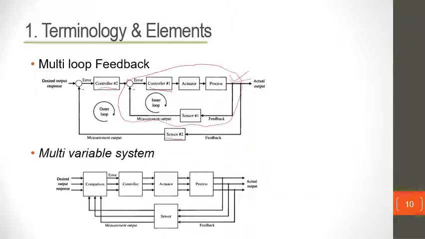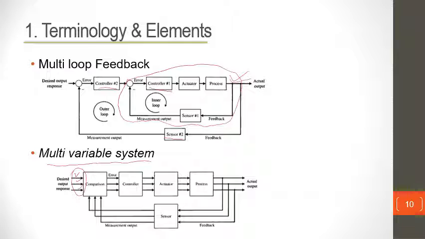And then on top of that, we will later learn obviously that whenever the system is complex, you might have what you call a multi-variable system. In this case, there will be a number of desired outputs, desired responses that you might have in your system. So if you imagine in the case of a chemical plant, you may want to have from a single chemical plant